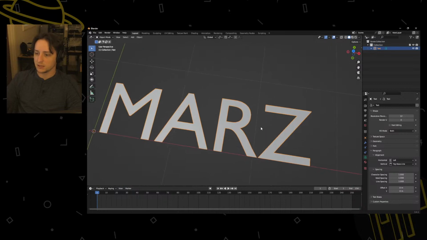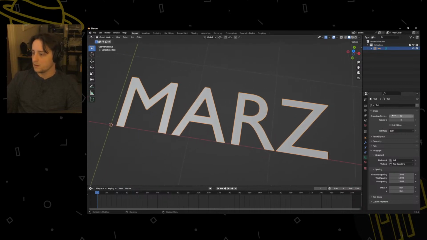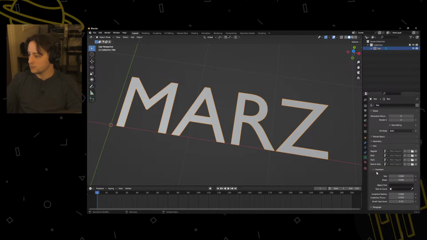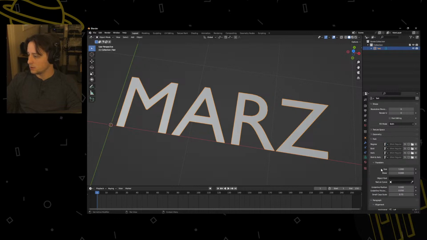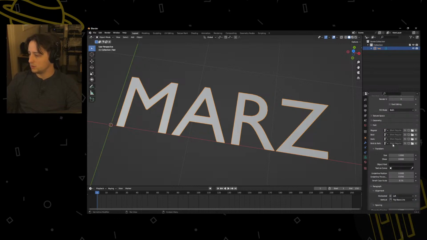Let's get a good look at this. You have things like your resolution, you can change. 12 is kind of, you can see where that's affected, mostly in your rounded edges and stuff like that. So with this, we can get away with a lot, depending on the font you're using. This is the default font here. So I'll show you how to add in more fonts. I hope that maybe one day they update this, but to my knowledge, unless I'm missing something, you only get your,